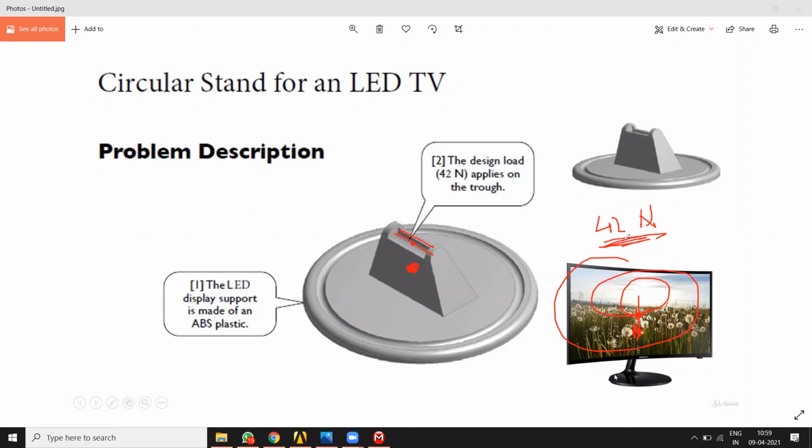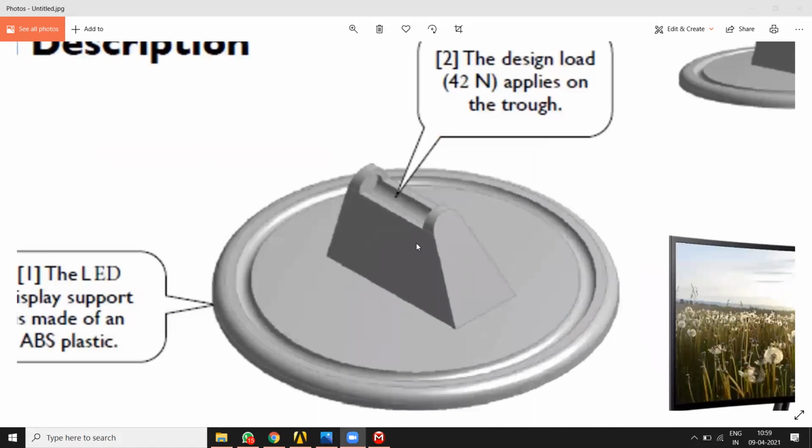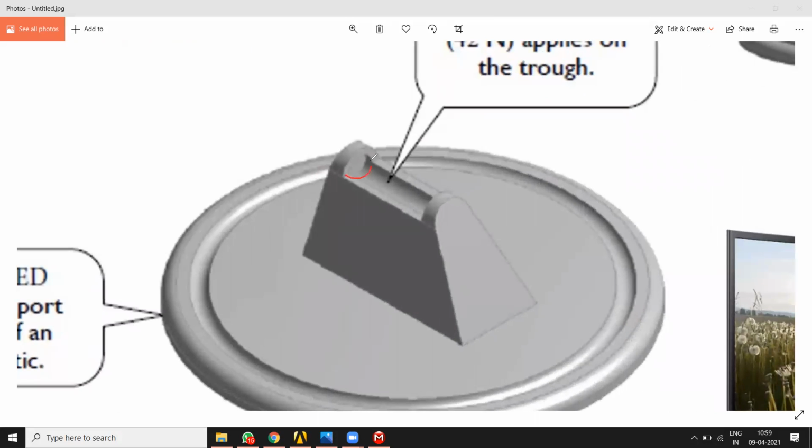Actually we should be applying the force as pressure, because this whole surface area, this complete area is going to suffer that pressure. Instead of force, it will be acting as a pressure. So one will convert that 42 Newton force as a Newton per mm square. It will be distributed over this complete surface. Then one can apply it as a bearing load. So we are going to apply it as a bearing load. So bearing load is kind of this.